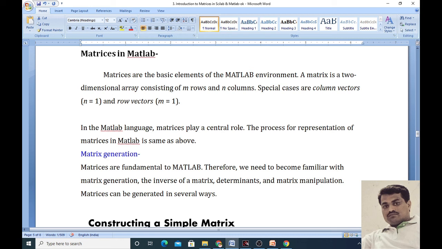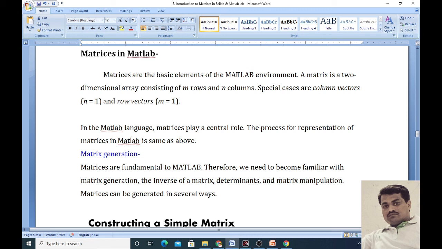If you consider any matrix, the initial part of the study is how many rows and columns are in the given matrix. If we consider a column matrix or column vector, we take n is equal to 1. If we want a row matrix or row vector, we take m is equal to 1. When matrix A is given, the initial information is the order of the matrix, then the type of the matrix, and then we can discuss the operations on the given matrices.